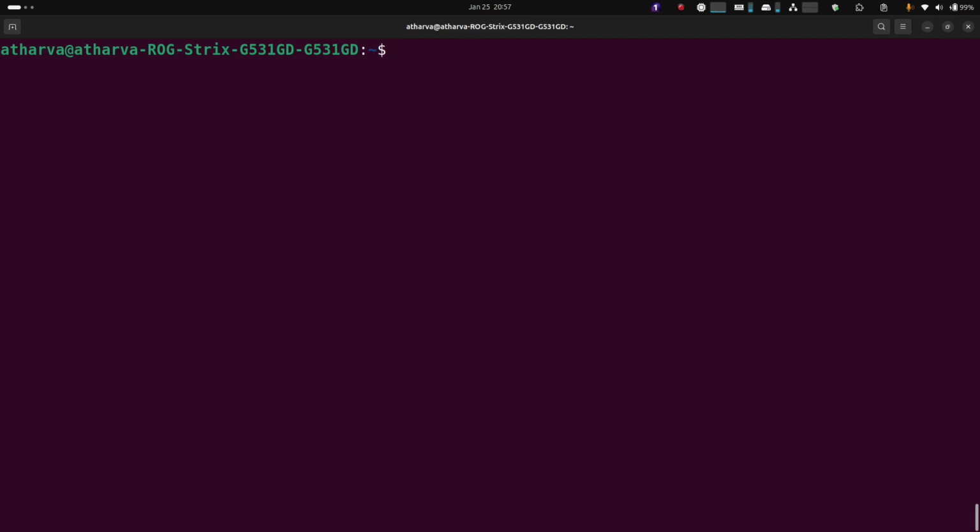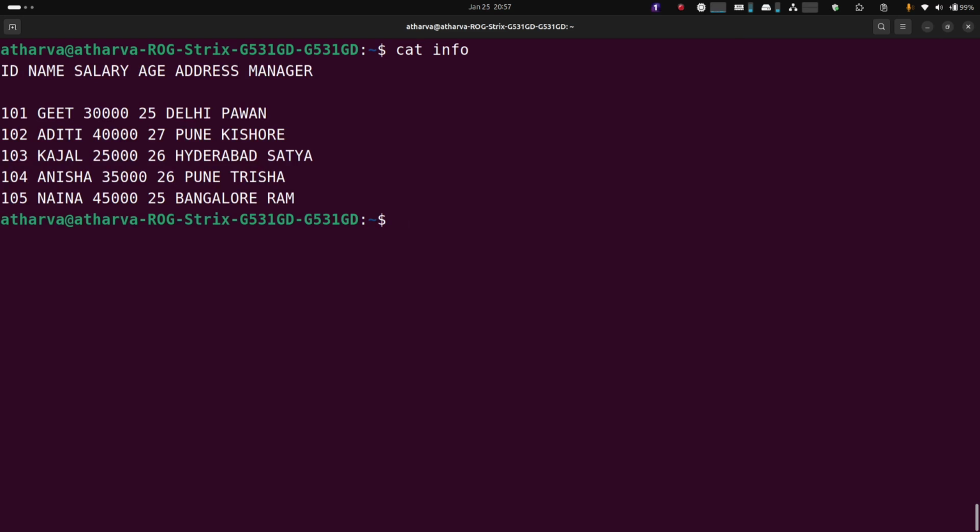There is also one more thing, like if you want to change for Geet only, or let's say for Aditi, we have 2 Punes over here, right? And if I only want to change for Aditi, not for Anisha, then in that case what I'll do is